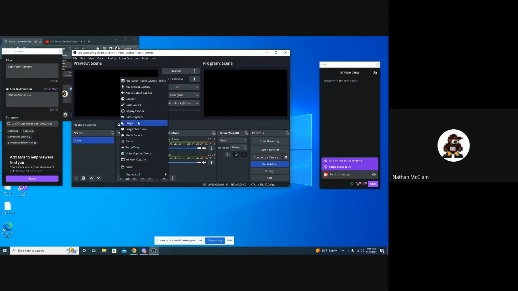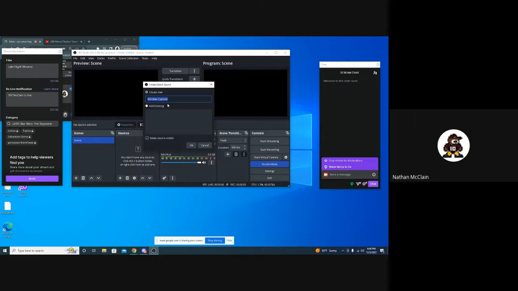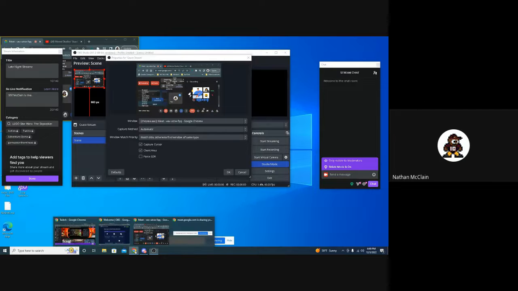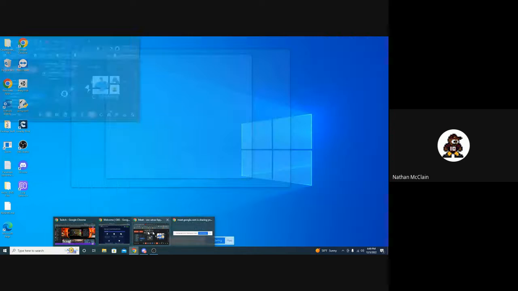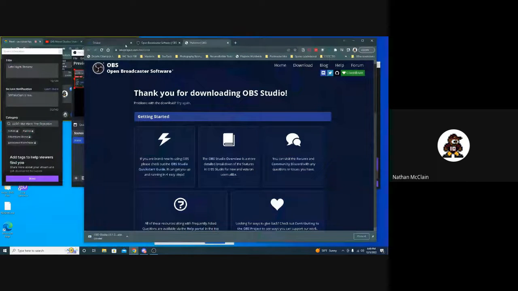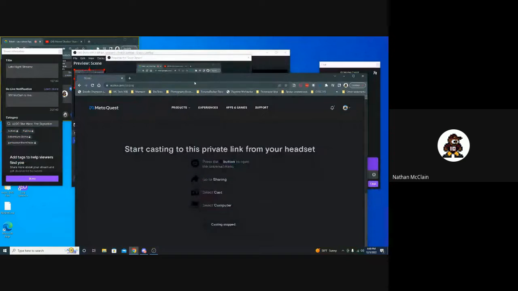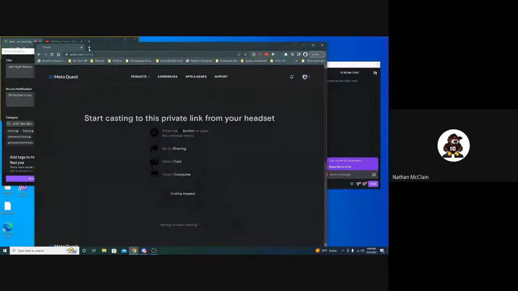This source is going to be a window capture. So we click window capture. We can call it our Oculus stream. And we'll click OK. Right now it's grabbing that window, but I thought I had a window open, and that is just the Oculus. So in Oculus, or before you even get started, you want to go to